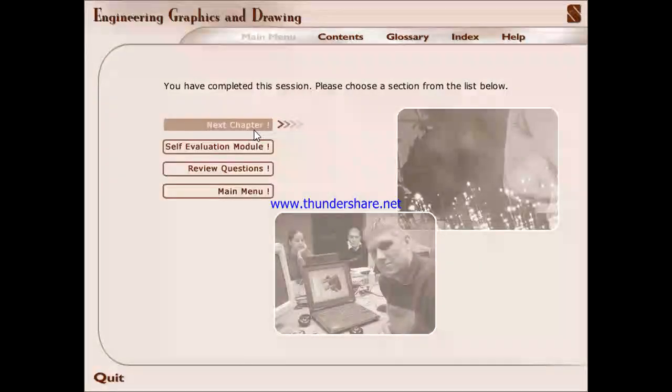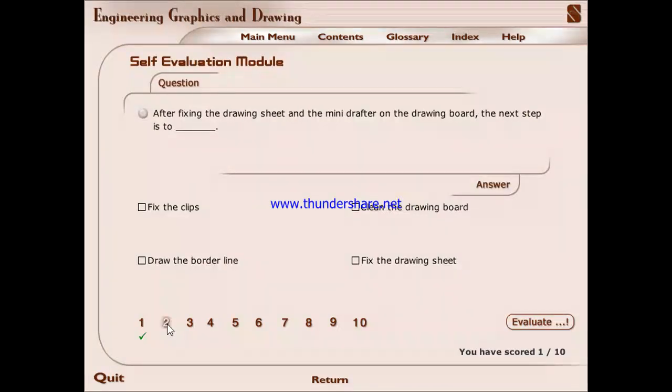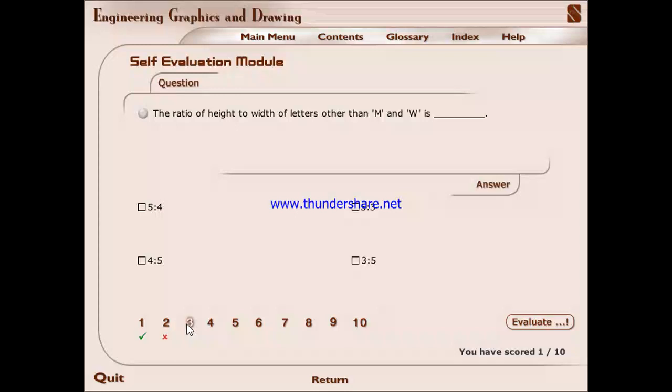In this chapter, I will give some questions. Inclined letters are inclined at 75 degrees to horizontal. And second one, after fixing the drawing sheet and mini drafter on the drawing board, the next step is to fix clips. No, draw the border line. Right. Next, the ratio of height to width of letters other than M and W is